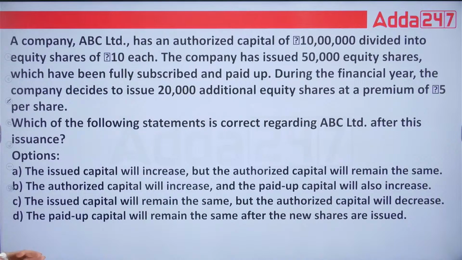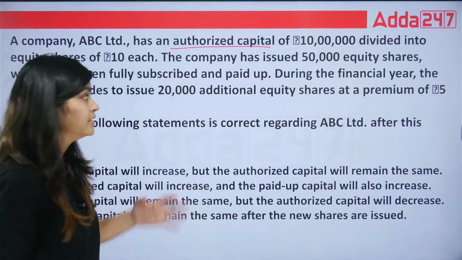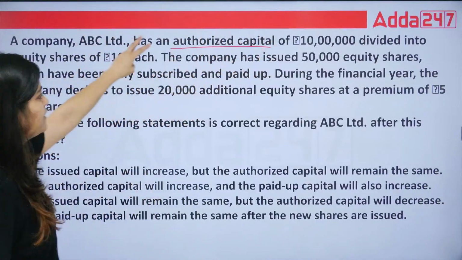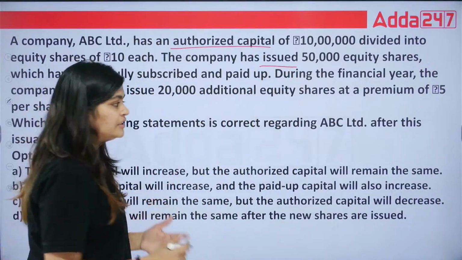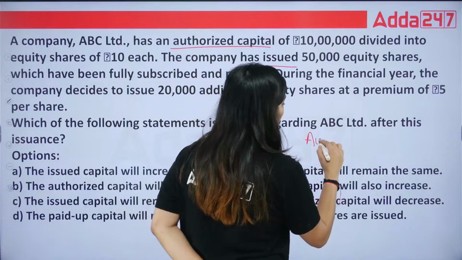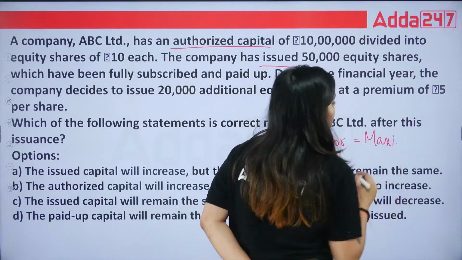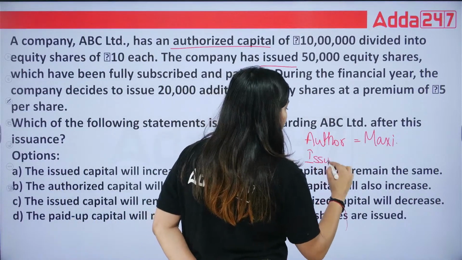So authorized capital is the maximum amount that the company is going to issue. Okay, this is the maximum limit, that is 10 lakh. Next is your issued capital. So authorized capital is your maximum limit that the company can raise. Correct? Issued capital, as the company will not issue